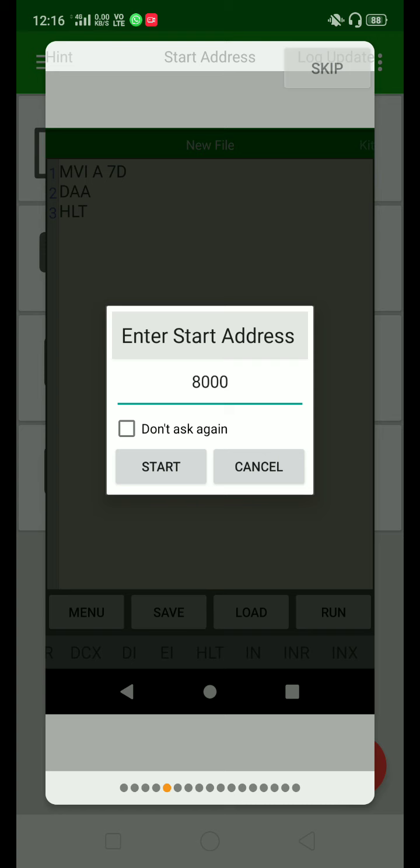As we know, before execution the program must be available in memory with a specific starting address. This app gives you a default starting address of 8000H, and you can change this 8000H as per your requirement.